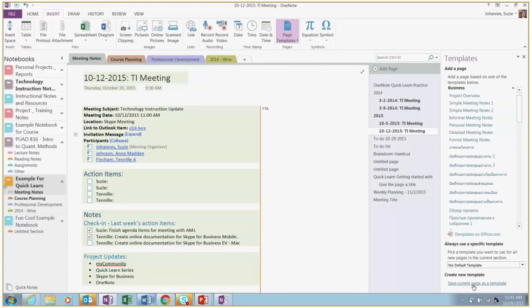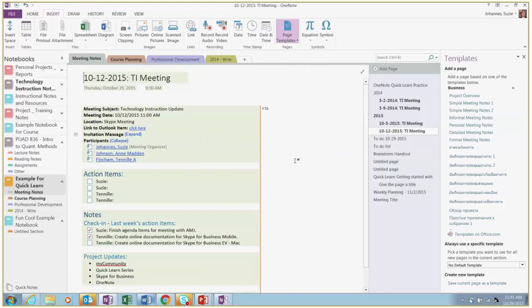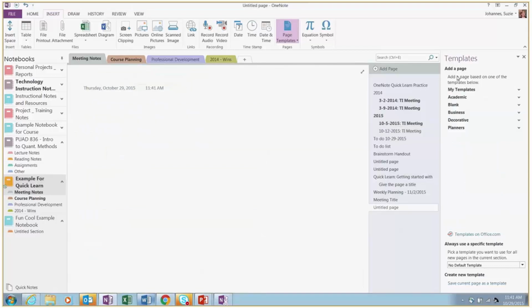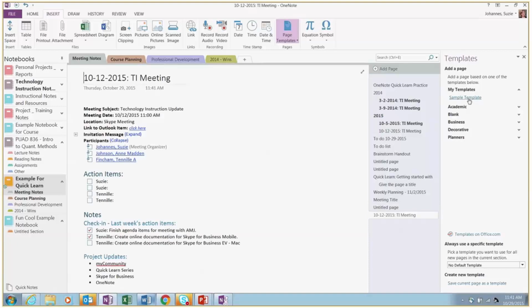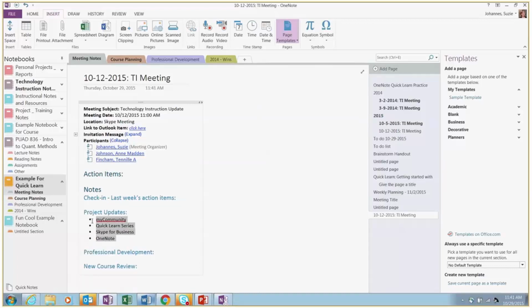Now I have to be honest, I've actually never done this, so I don't know if there's any best practices there about clearing out. You probably want to clear out some of this information before you save it as a template. But there it is. You can create custom ones and save them there. So what do I have? My templates. I have an untitled page and I can do save template. So yeah, it looks like you want to clear out all this stuff first before you save that. Great question. And then yeah, I will show, should I show it now?